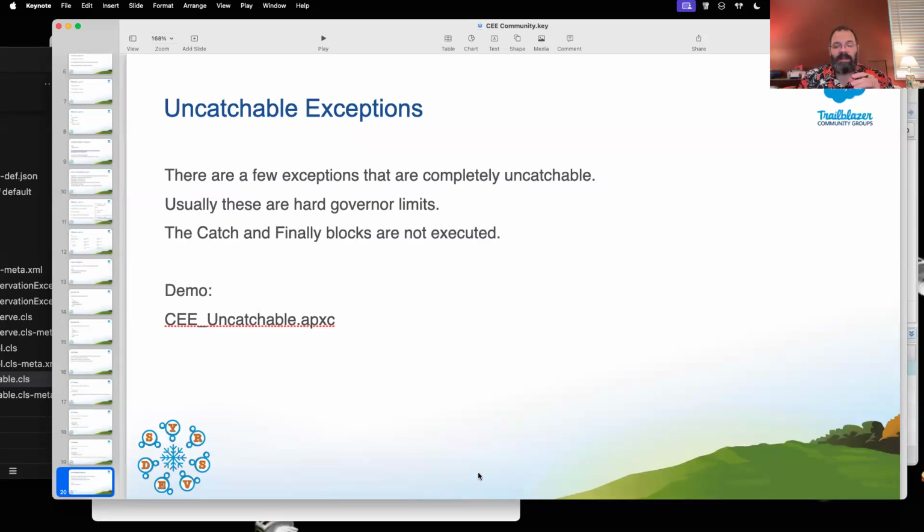I know Richard, you said something about the Limits class. The Limits class is really good for finding out if something went wrong and it is catchable. If it's catchable, you could use the Limits class to say, what was the limit at this point in time? How much am I allowed and what did I use? The Limits class is good for preemptively saying, oh, something's about to go wrong, or catching an exception and saying, oh, what went wrong? But the uncatchable exceptions aren't going to help you too much with the Limits class.